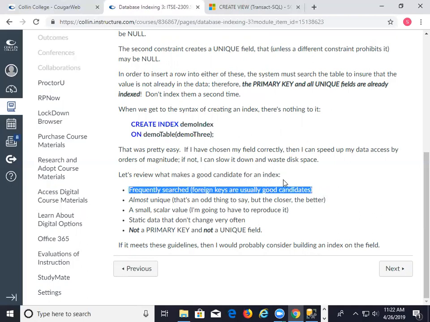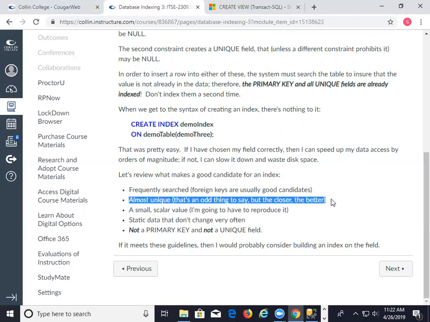Okay, foreign keys are usually, not always, but usually good candidates. Almost unique. Can you say almost unique? It's either unique or it's not. It's like saying I'm almost innocent. You either are or you aren't. But if it's almost,